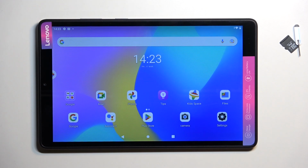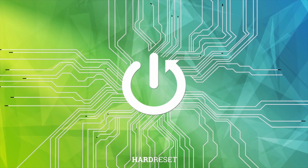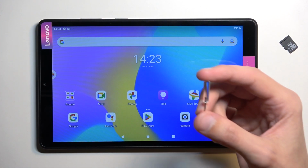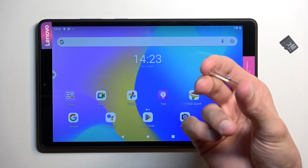Welcome, in front of me is a Lenovo Tab M8 and today I will show you how we can insert SD card into this device. Now before you get started, you will need to grab one of these things, a SIM ejector, which comes provided